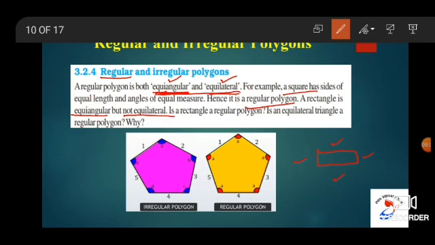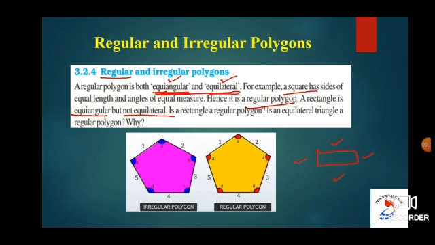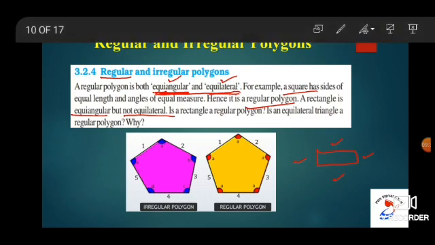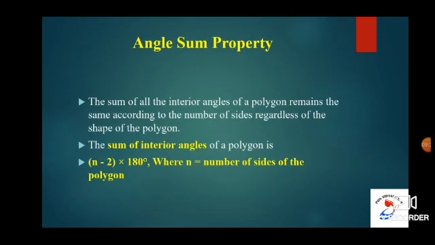Now you can tell me by yourself, is a rectangle a regular polygon? Find it out, children. And similarly, is an equilateral triangle a regular polygon? If you are going to say why, we have to know the reason. Find this out and keep it ready. We will discuss it in the next session. So I think now all of you understood what a regular polygon is. A regular polygon is both equiangular and equilateral. One of the best examples for a regular polygon is the square. Now we will move on to the next session.